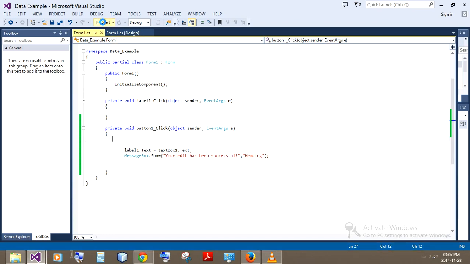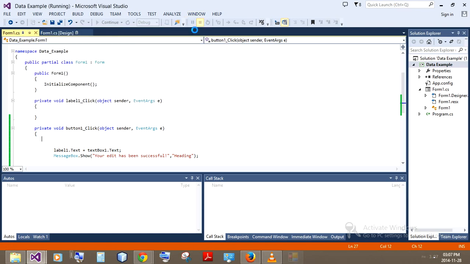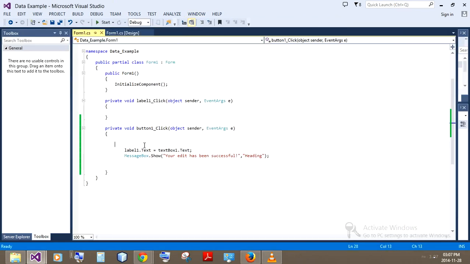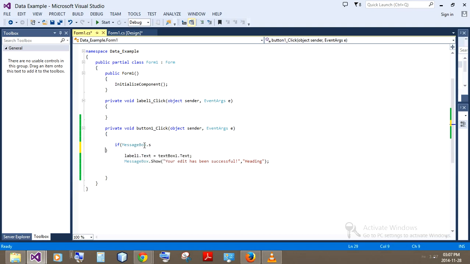So what happens if I want to prompt the user now? Maybe before he actually gets to edit, when he clicks edit, maybe: are you sure you want to edit this label? And a yes no button. How do we do that? Let me show you. Well, you have to use an if statement, because the message box feature will pop out a dialog result, as you'll see now. So if MessageBox, and it's all got to go into the brackets because it's in the if statement, dot Show, and in the first string you put your actual